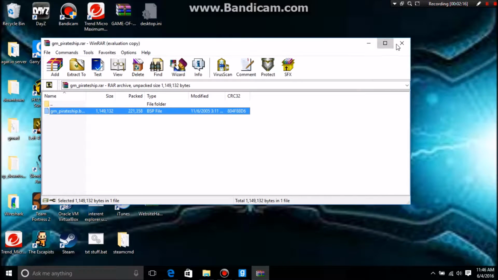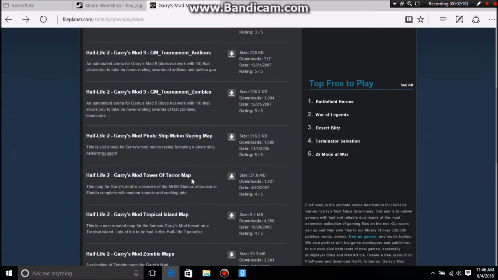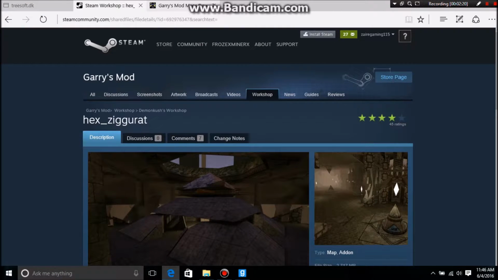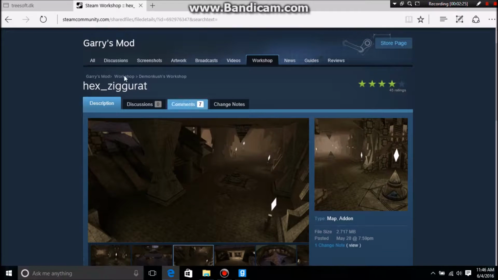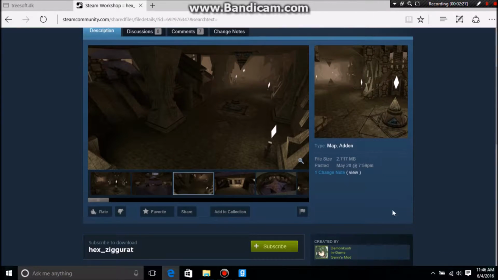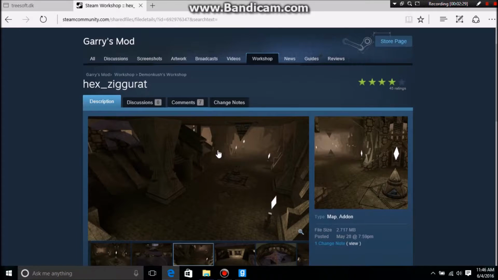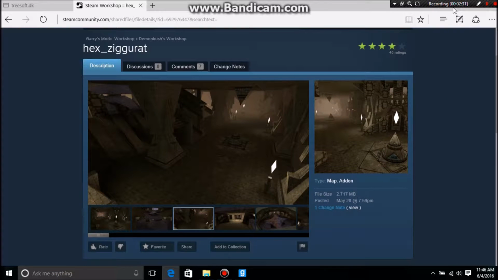But if you're looking at one from off the Steam Workshop, well, today's your lucky day because you can get any map you want. Really simple. So this is the map I want.